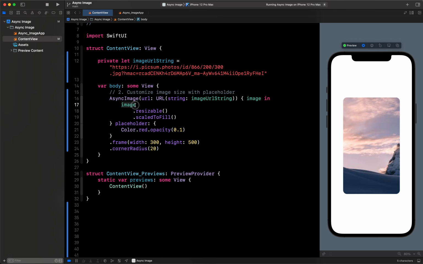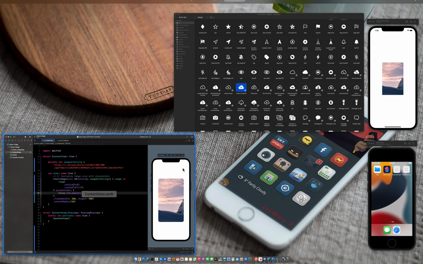For example, I have resized it and then used scale to fill. This is how you can shape your image however you want, resizing to any size. Then I have used the placeholder parameter, where I passed the color red until the image is downloaded. So let's see again.